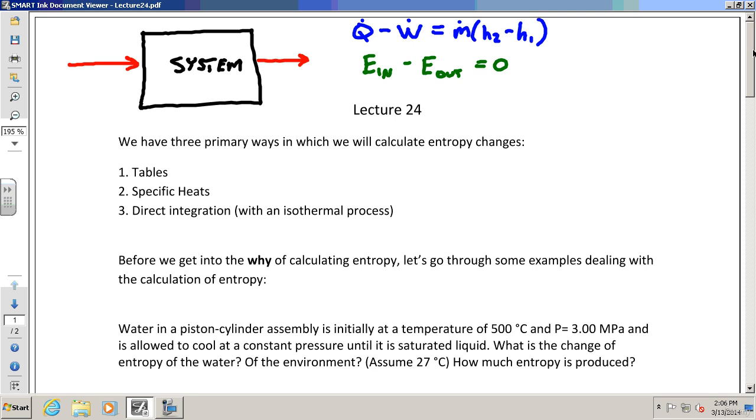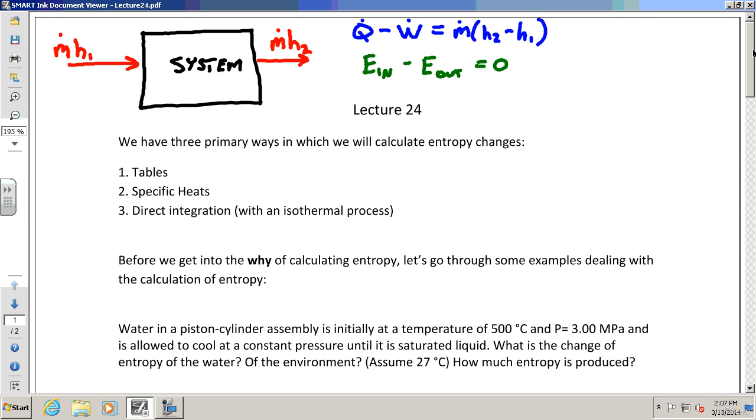When I say energy in to a system, it's going to come in the form of m dot h, and how is it going to leave? m dot h. This could be m dot h1, this could be m dot h2, whatever. When you have stuff coming into a system, what's its energy? It's its mass flow times its h. I think people are not seeing that connection, so I want to make sure you see it. When stuff comes into a system, its energy is m dot h. When stuff goes out of a system, its energy is m dot h.